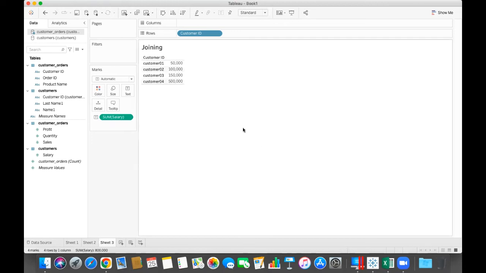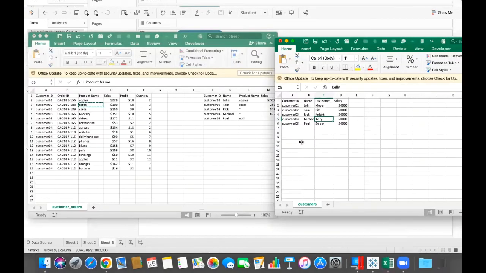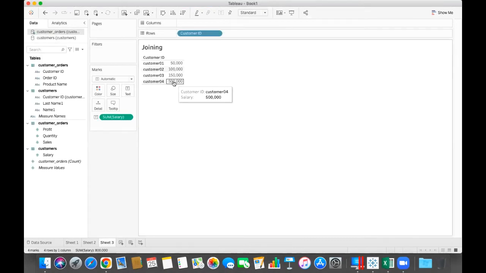If I show you the salary with respect to every customer ID, which is 50,000, that means we are not getting the right salary, right? It is happening because